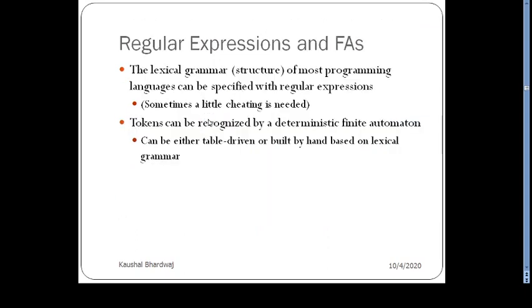So there is something called regular expression. The lexical grammar of most programming languages can be specified with regular expressions. Tokens can be recognized by a deterministic finite automaton. This can be either table driven or built by hand based on the lexical grammar. We will say more in detail later.